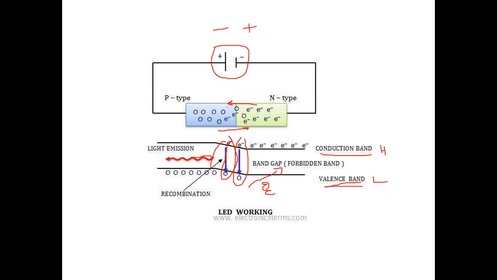cannot be generated. Light energy is generated when the electrons move towards the conduction band, and then the movement occurs from the conduction band to the lower energy level by releasing the light. Otherwise it cannot be possible. So mainly we have to remember the LEDs should be operated in forward bias condition for light emission purpose.